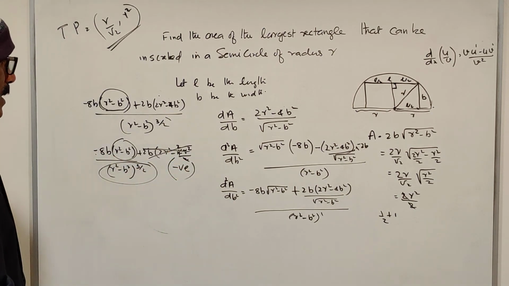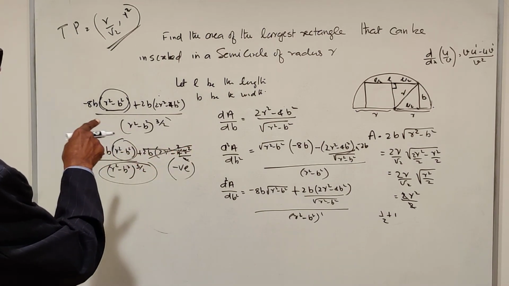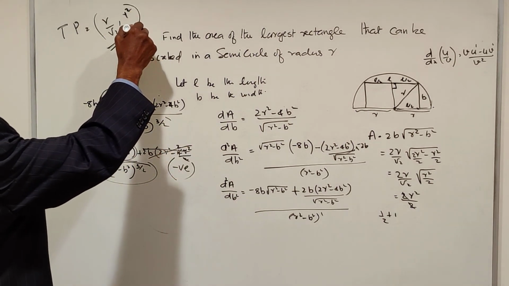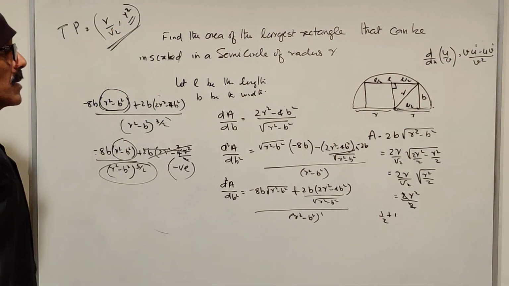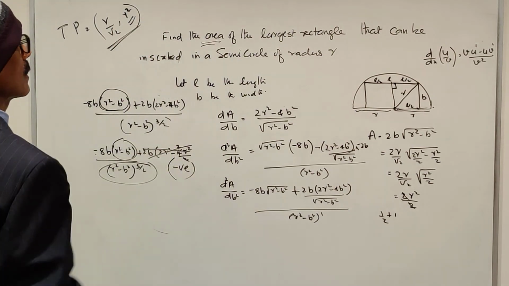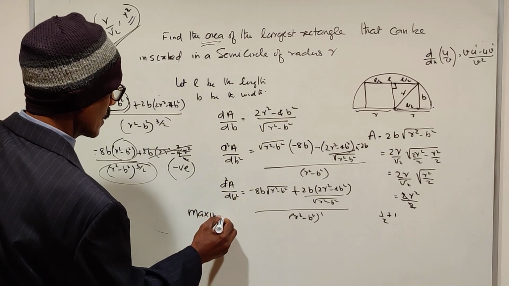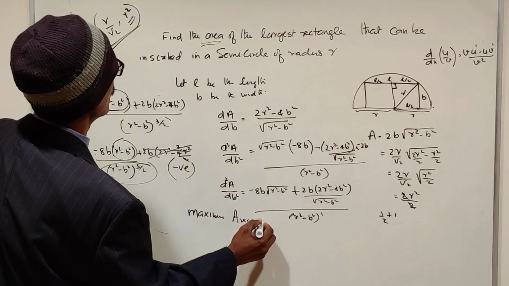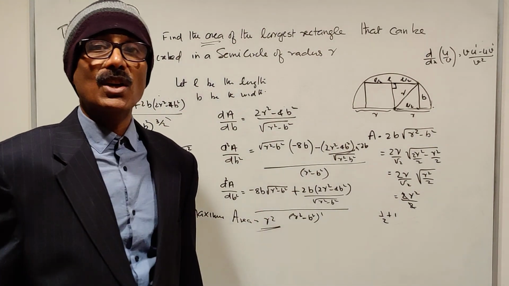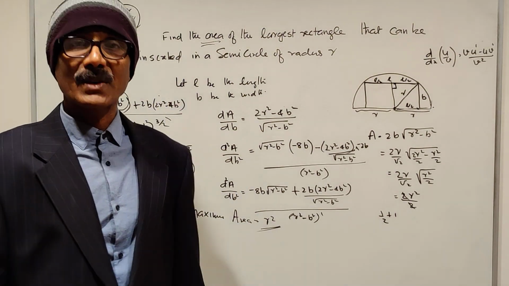So that is what we need to find out. Okay, just negative or positive. So d²A/dB² is a negative number. So this is the maximum point. So r² is the maximum area. They don't ask us to find the area; find the maximum area, that is r². So you can write maximum area is equal to r². Okay, you got it? Take a paper and pencil and write it 4-5 times. Okay guys, thank you.